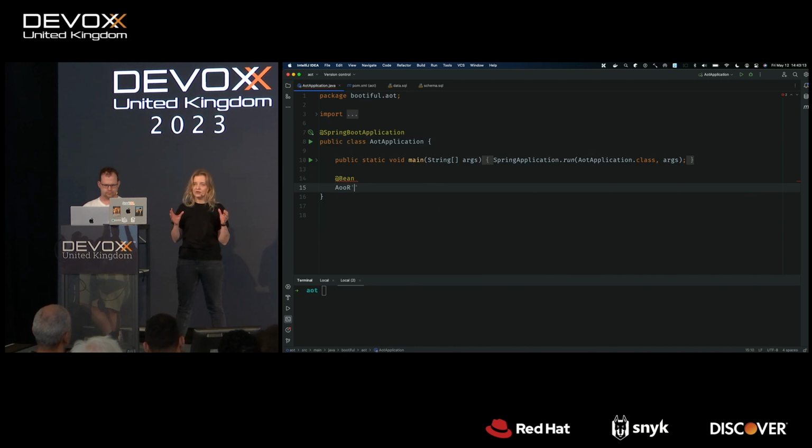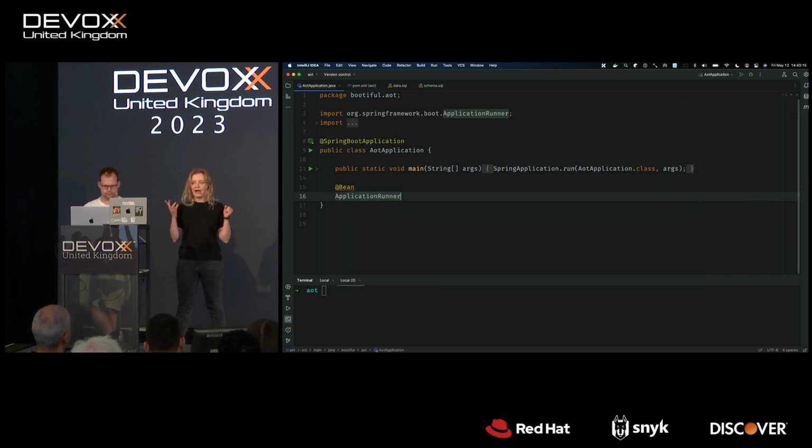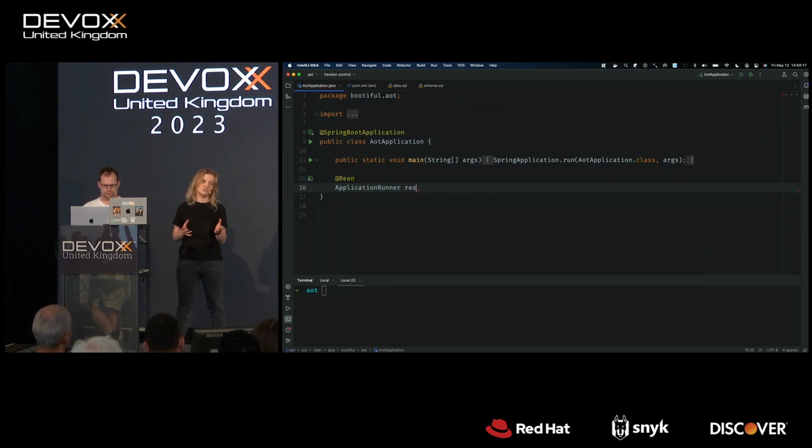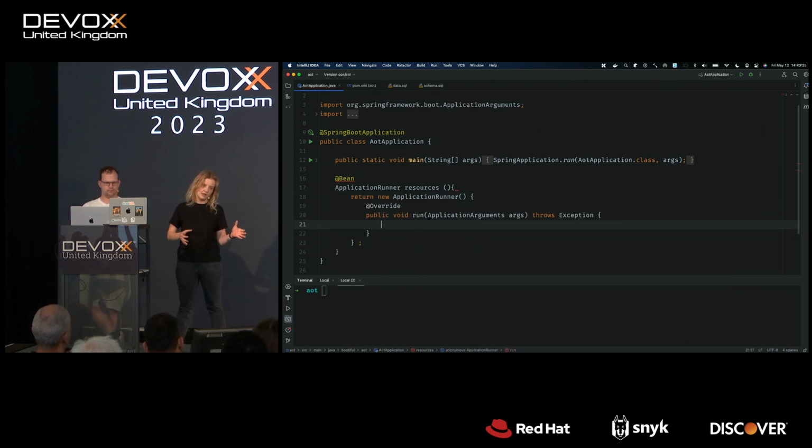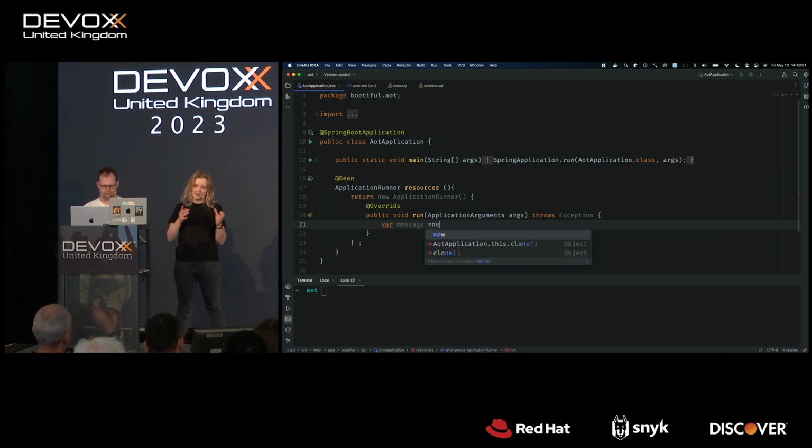And it happens under a closed world assumption, so everything there is to know about your application needs to be known at the image build time. There could be no random unknown behavior at runtime, because this whole compilation happens at build time. And the reason why we do it at build time is to move all those expensive, heavy lifting operations from the runtime to build time, so you can do them once and not have to do them every time you start your application.